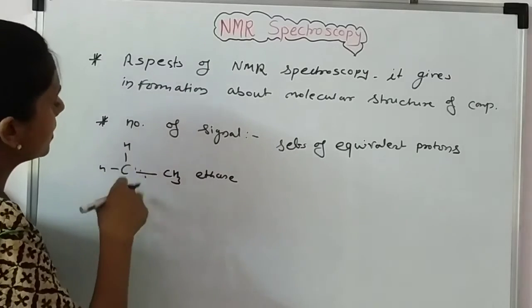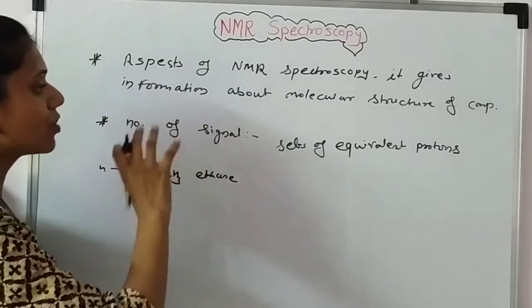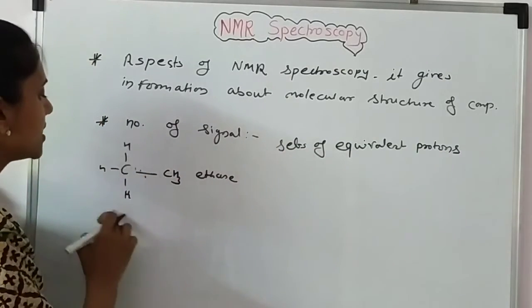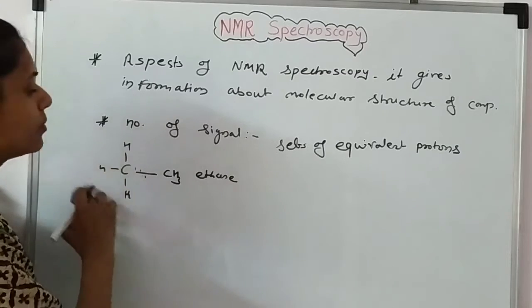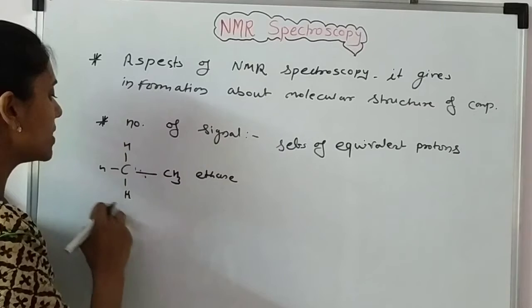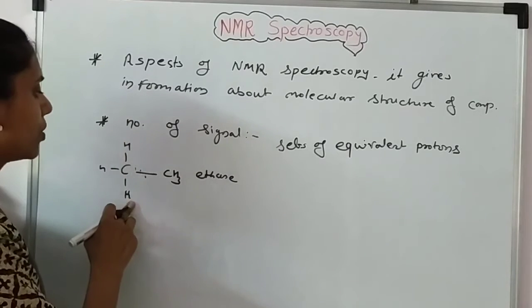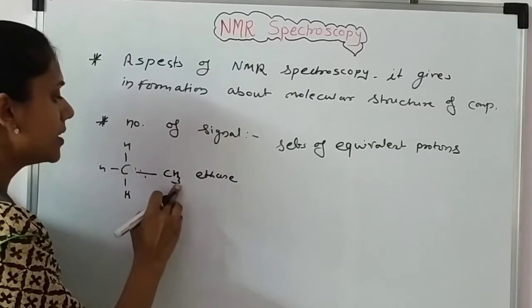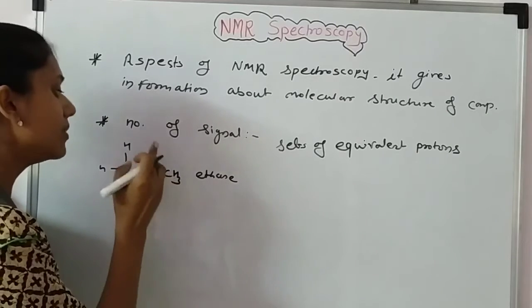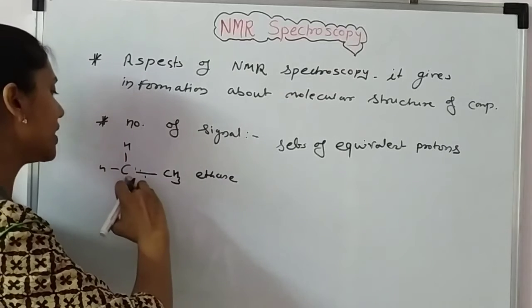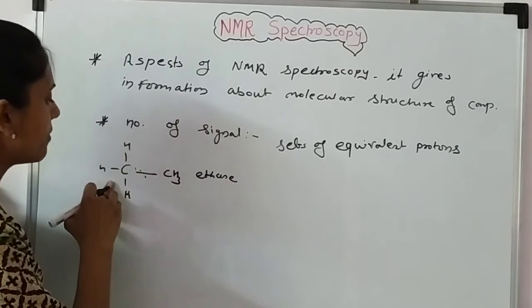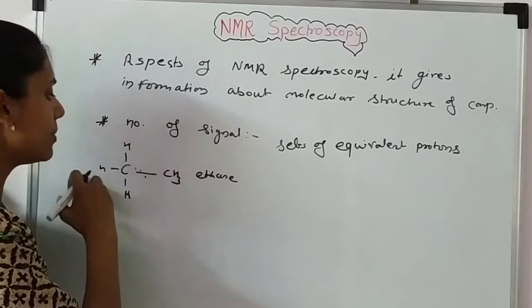When we said that this CH3 group, we studied here sets of equivalent protons. That means these three are equivalent protons that have the same environment. So there is one set of equivalent protons. Again here there is the CH3 group, 3 protons attached to a carbon atom. This carbon atom is again attached to the CH3. This proton has the same environment. This proton has the same environment.